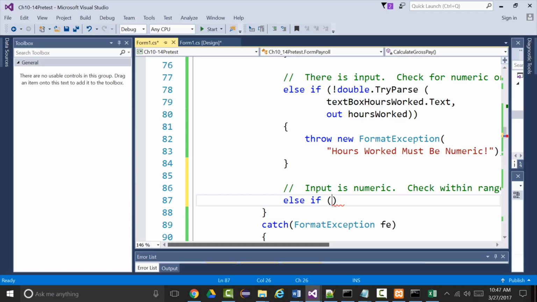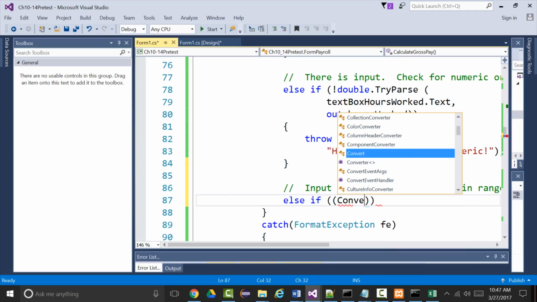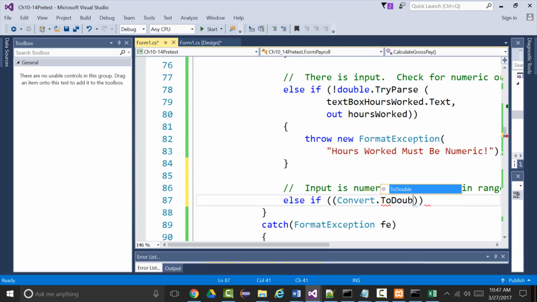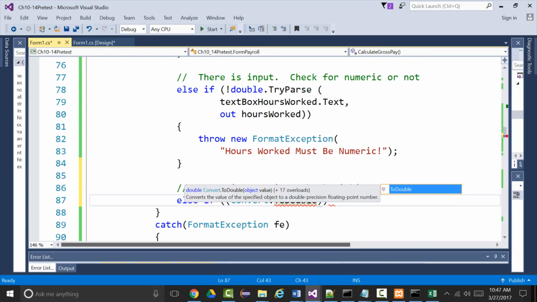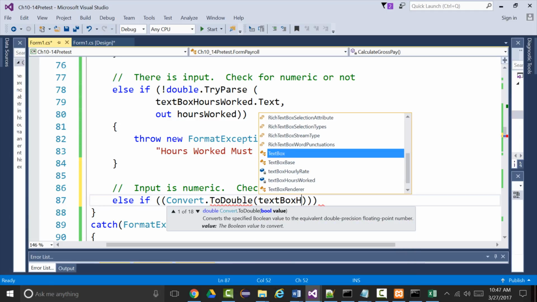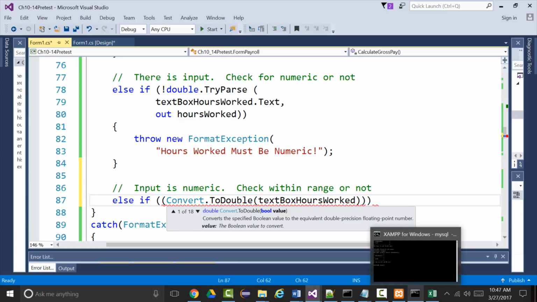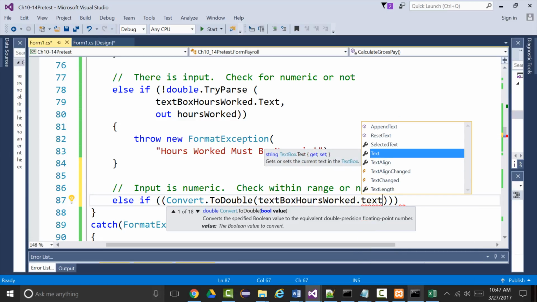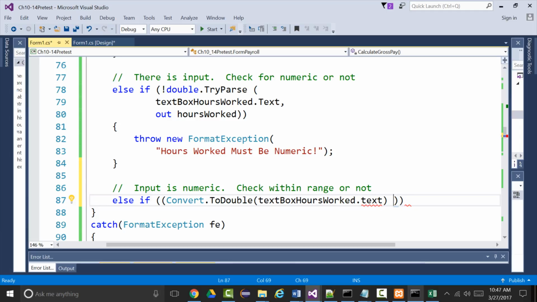So, else if, and again, this is the way I wrote it. I said, okay, let's do this. Let's convert to double. I'm going to move this over so I can give myself a little more room here. Convert dot to double. Convert dot to double what? So, if that value is less than the min rate,